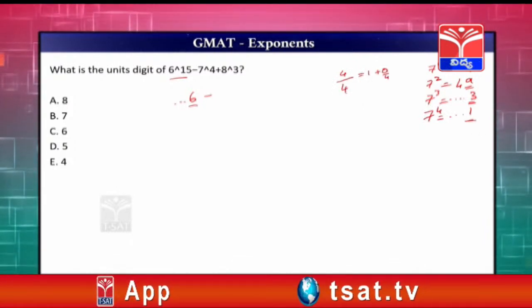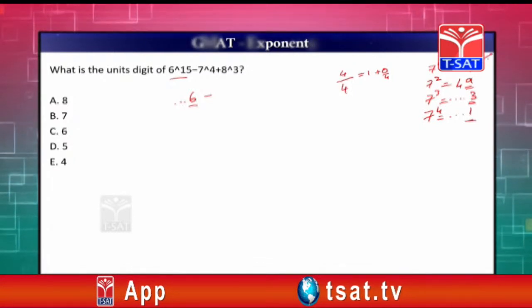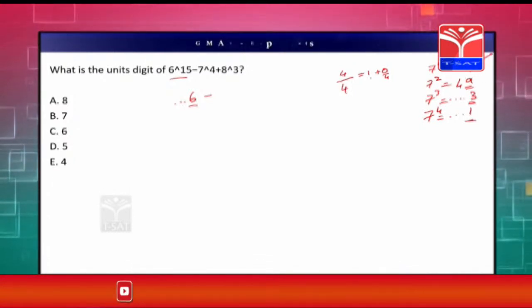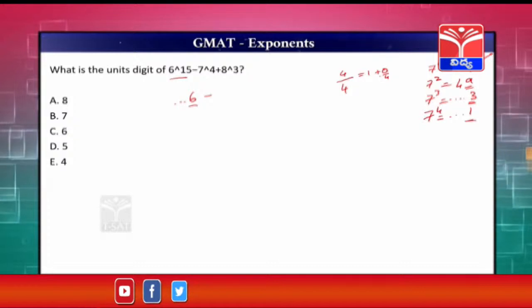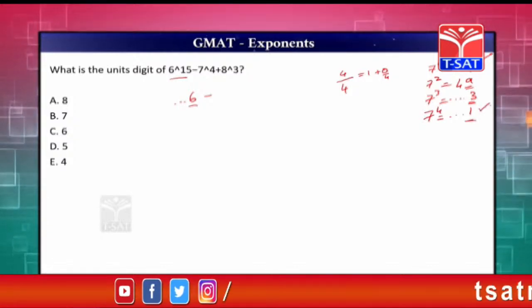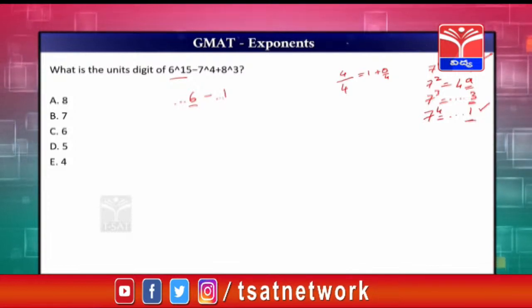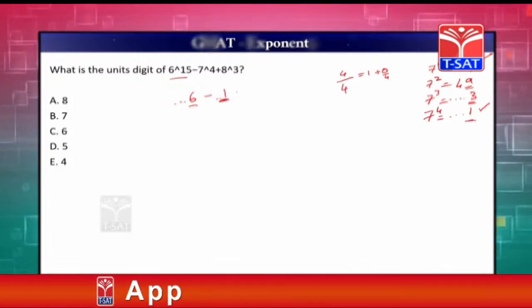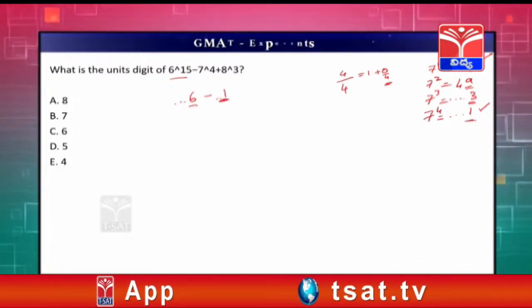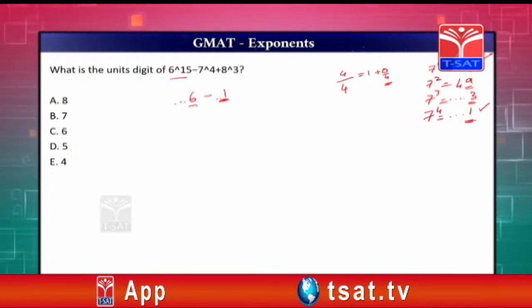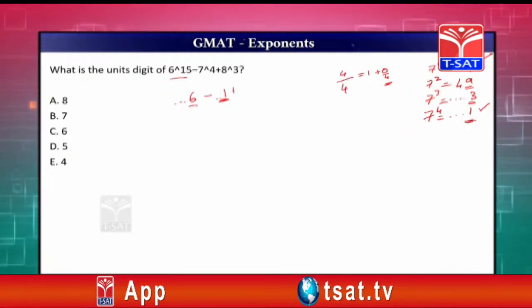But you might make the mistake of choosing 7 to the power of 1. What you have to choose is the fourth number. Whenever the remainder comes out to be 0, you will have to look at the fourth number, that is 7 raised to 4, that is 1, which will be at your units digit when you have the remainder 0. So 7 to the power of 4 is giving you 1, plus